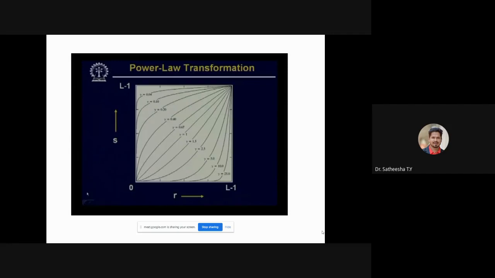So if I use the value lambda equals 2.5, then if I come to this particular figure, you find that with lambda equals 2.5, this is the curve, the transformation function that will be used. You can see all the lambda values are given there. Whichever image I want to display, the device itself will transform the image using this particular curve before displaying it.